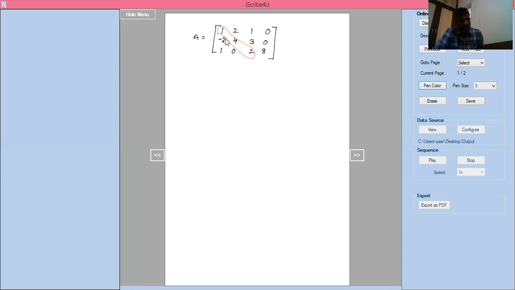In the first step, we make the first column elements 0. That means in the R2 row I have to make 0, and in the R3 row I have to make 0. To make the first column elements 0, we have to use the principal diagonal element only. If you are making the second column elements 0, you have to use that principal diagonal element only. So I have to make these two elements 0.